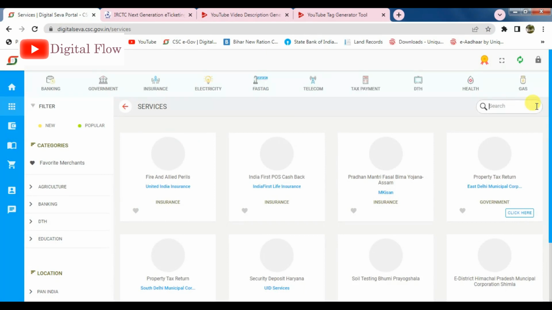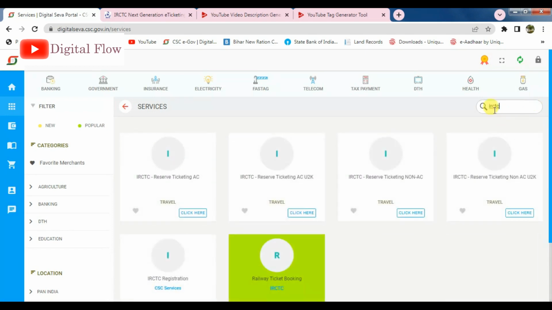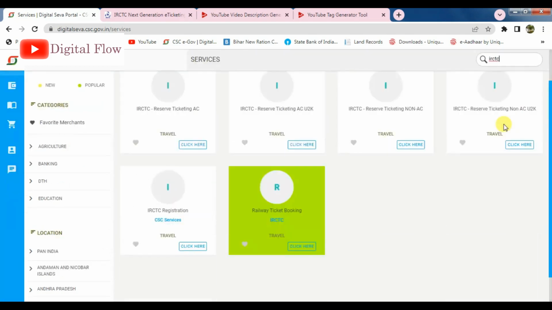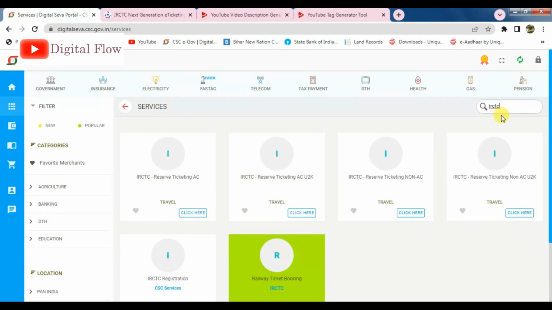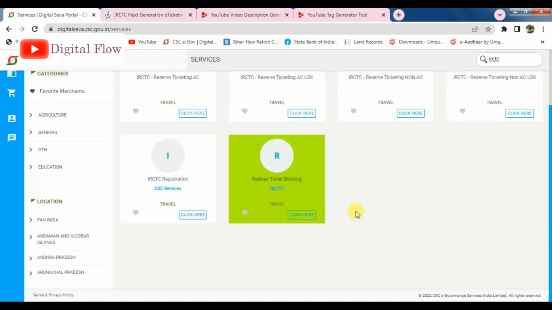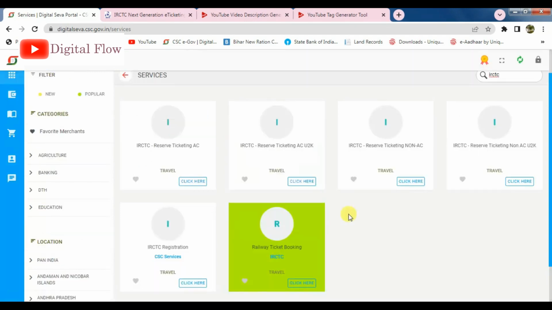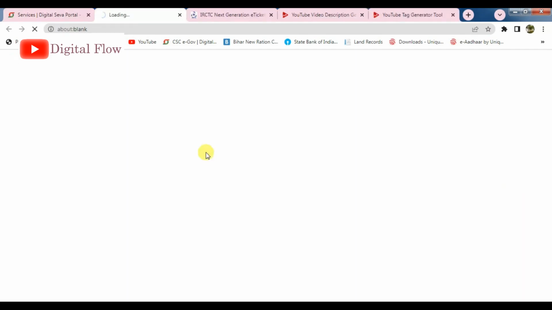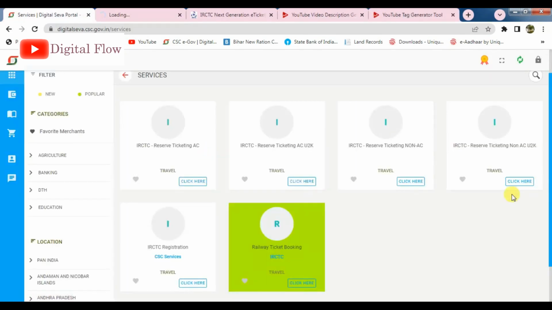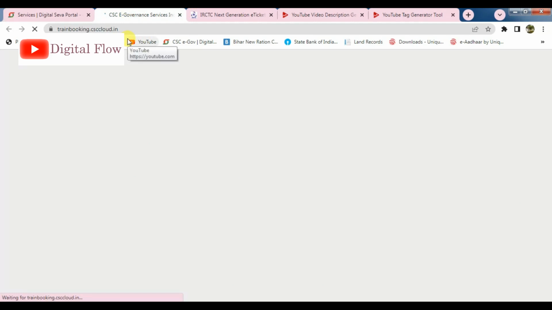In the search bar I typed IRCTC. Before, only 2 options were showing, now a total of 6 options are showing. Whichever of the above 4 options you click, you will go to the same website. I click on one option and I am redirected to another new page.